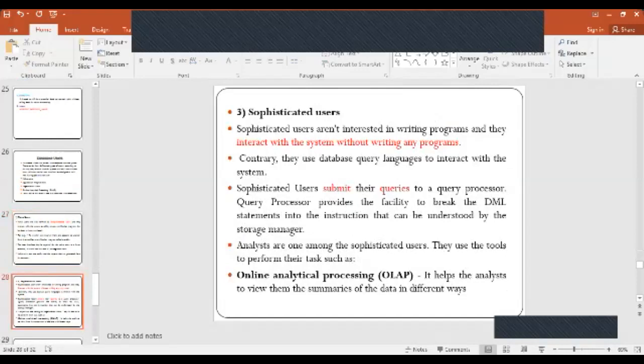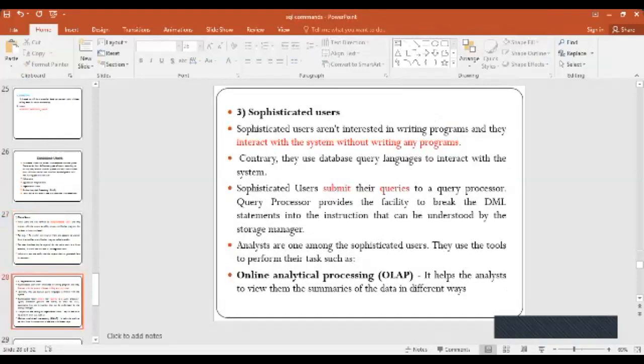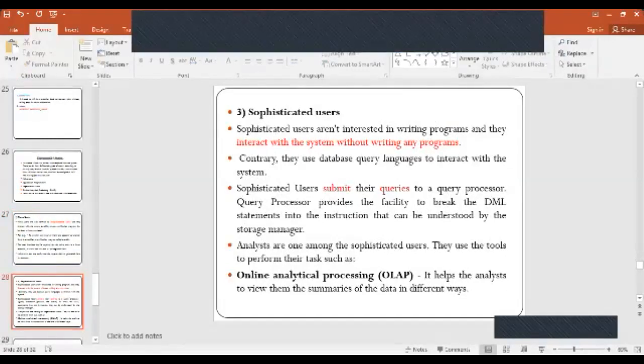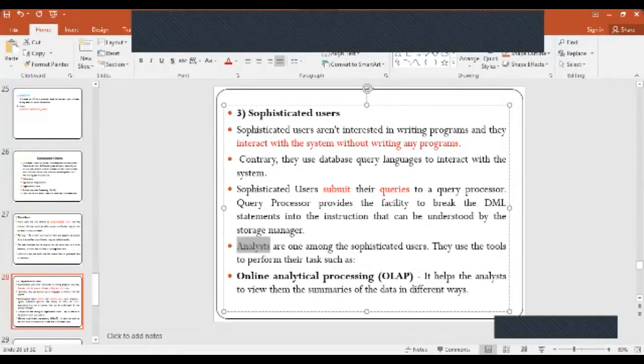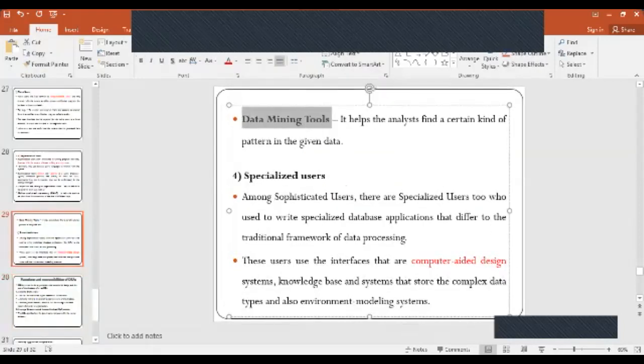The query processor breaks down the DML statements into instructions understood by the storage manager. One best example of sophisticated users is an analyst. Analysts use OLAP, that is online analytical processing, and data mining tools. These are the interfaces they use.